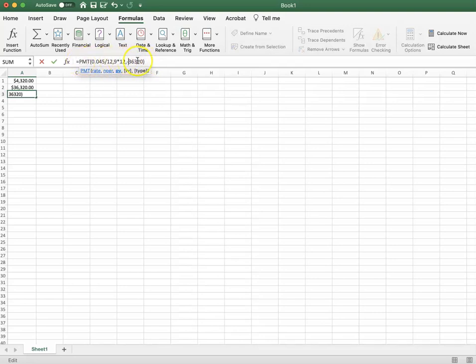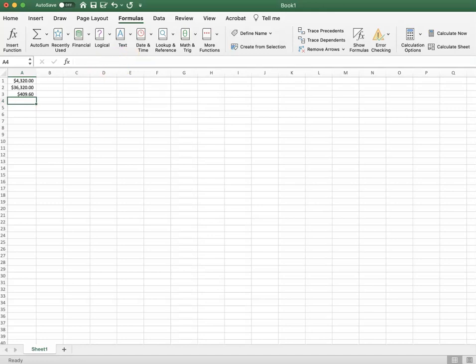Just come up here to the formula bar and make your corrections. So I put in the negative there, hit comma, and I still need the 0 for future value. Now we can hit equals, and we see that the payment is $409.60. So that unsubsidized loan is going to end up costing her about an additional $90 a month versus the subsidized